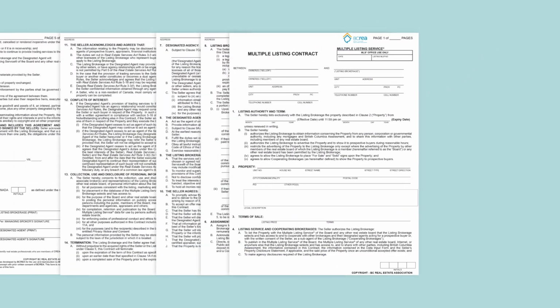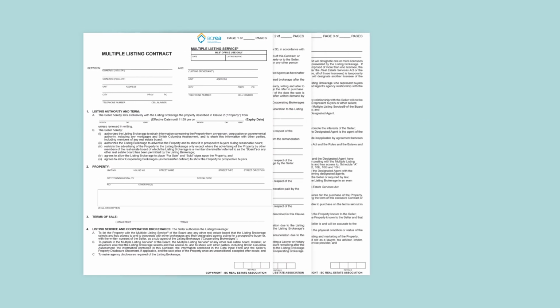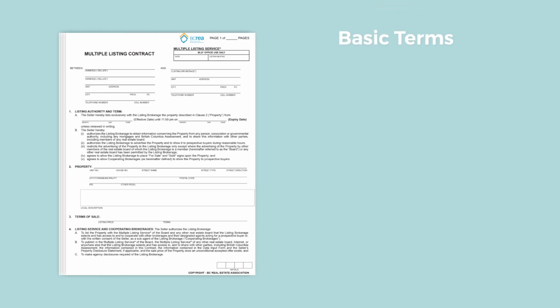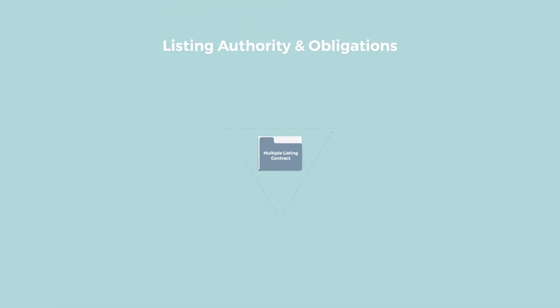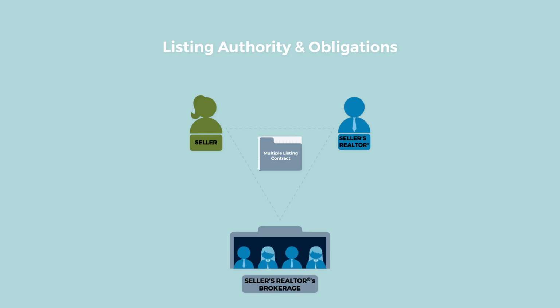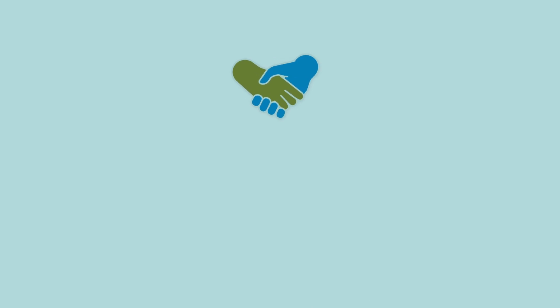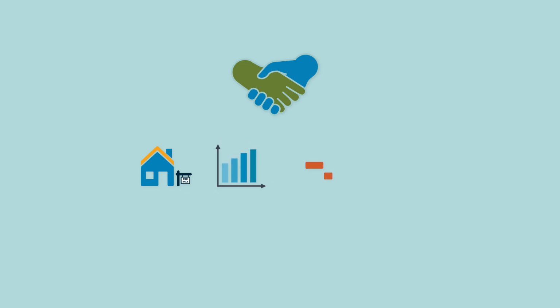Let's examine some of the sections of the multiple listing contract. The first section sets out the basic terms of the listing, including the start date and end date. The authority to list the property and the obligations of the seller's realtor, and the seller's realtor's brokerage are also set out here. The term of the listing is agreed upon by all parties and can be influenced by several factors and situations, including market conditions, condition of the home, unique attributes of the home, location, the realtor's marketing plan,